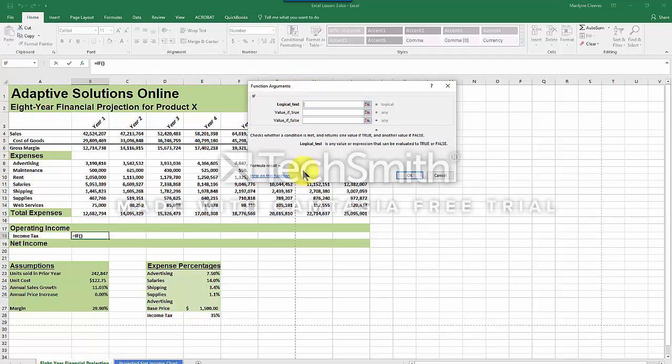So the logical test for this one is, oh, we haven't created the operating income, but we can do that after we've done this. So operating income, if the operating income is less than 0, then the true portion is